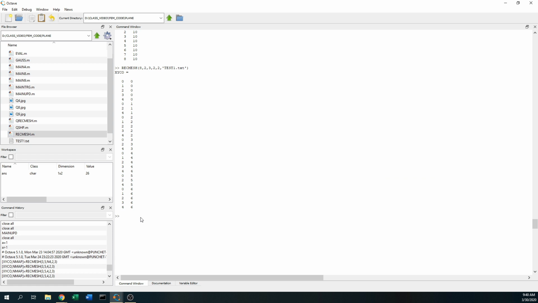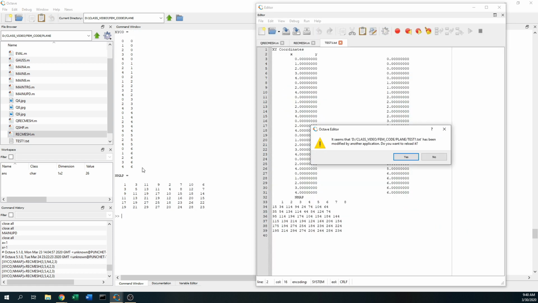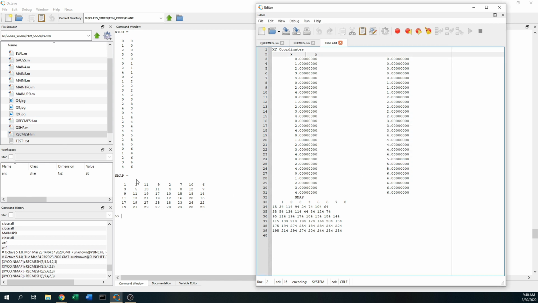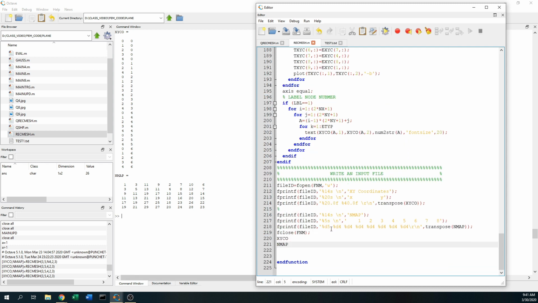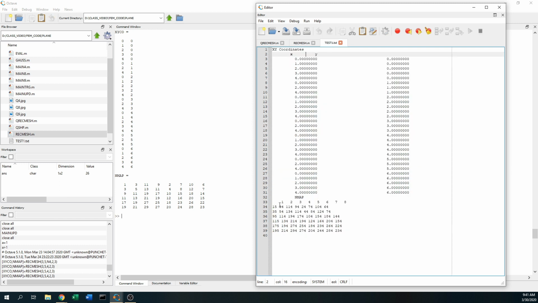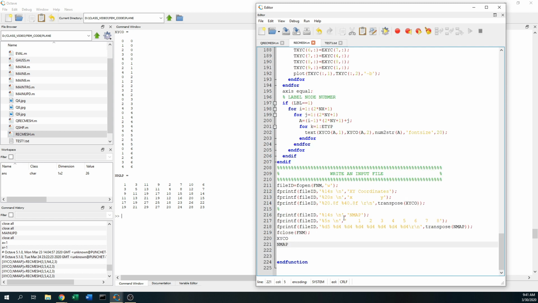So what is our nmap for this case? 1, 2, yes. 1, 3, 11, 9. It does not look right at all. Well, the first one, this one is correct as it should be. 1, 2, 3, 4, 5. 1, 2, 3, 4. Okay. Well, the second line here,